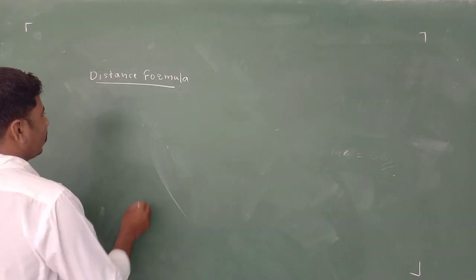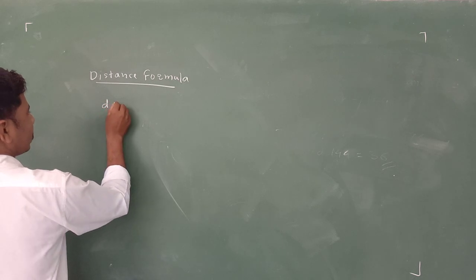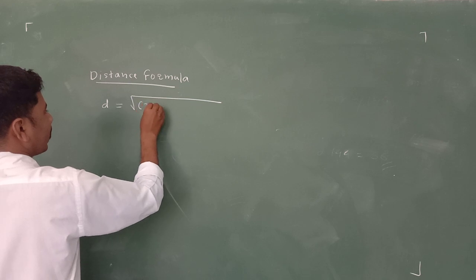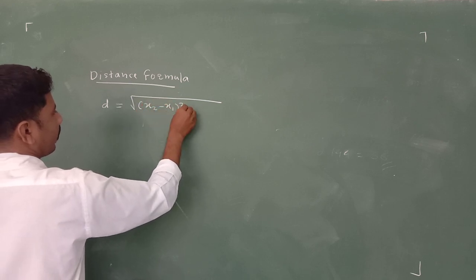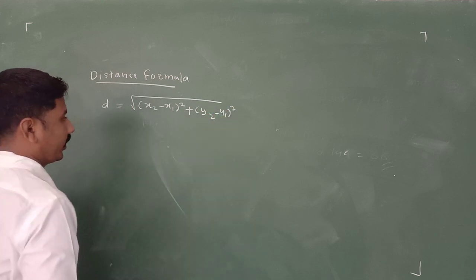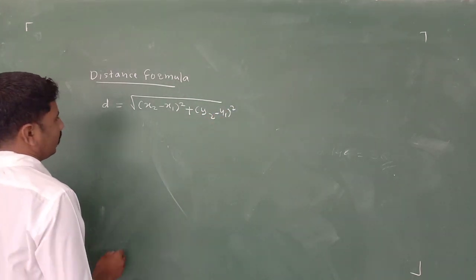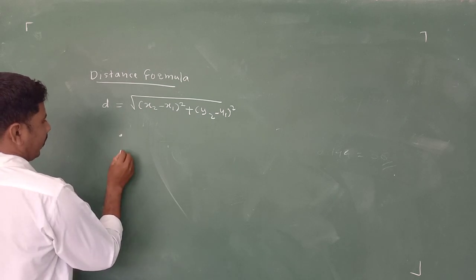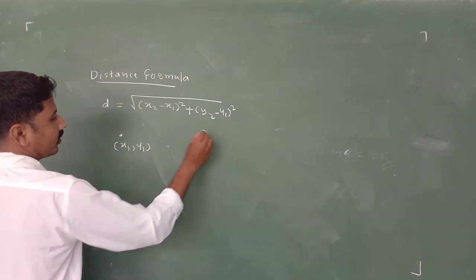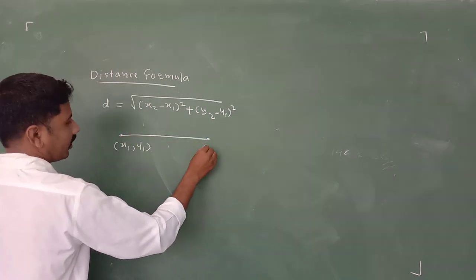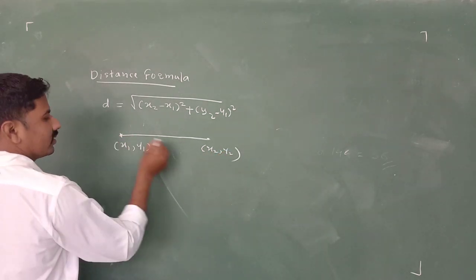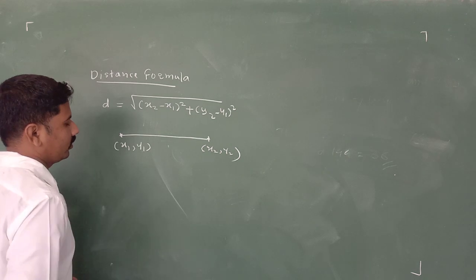So distance formula is what? Distance d is equal to under root x2 minus x1 bracket square plus y2 minus y1 bracket square. Suppose this is a point, any point whose coordinates are x1 and y1. And here is another point whose coordinates are x2 and y2. Then this distance, straight distance I am talking about,